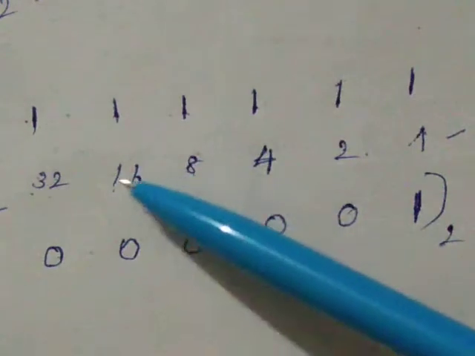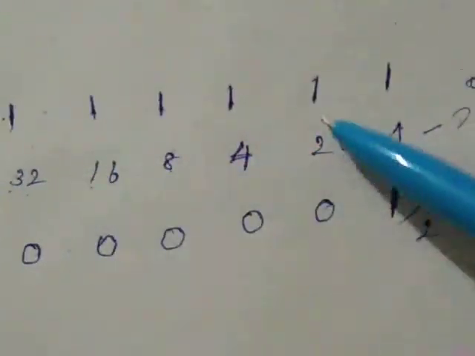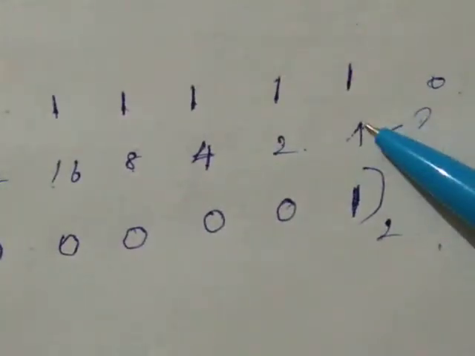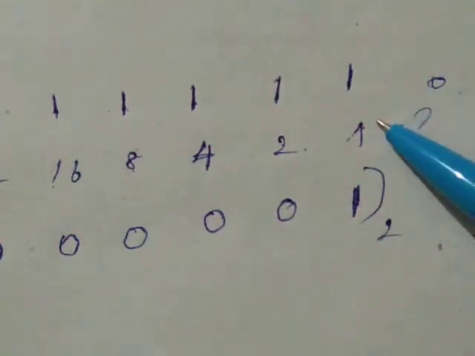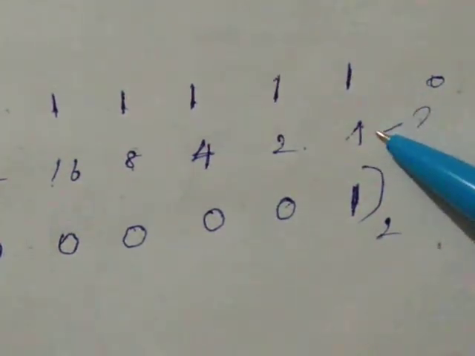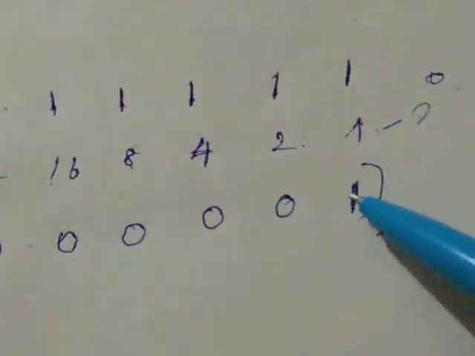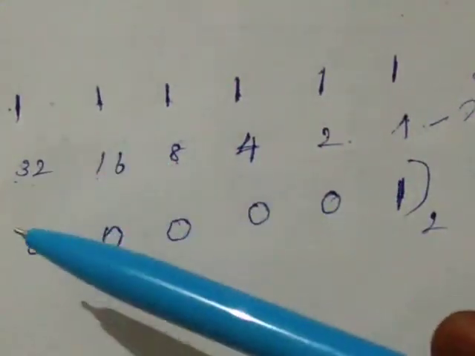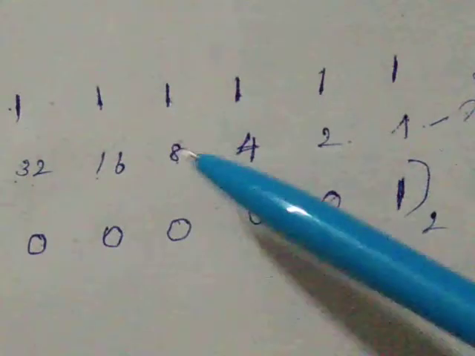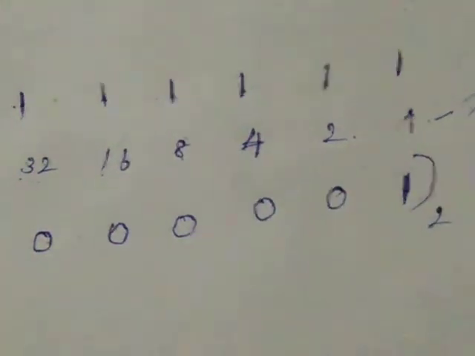Going to the next numbers, we can't subtract these. All these numbers are greater than 1. But the last number 1 we have here, 1 minus 1 is 0. So we can subtract 1 from 1. For that, if we can subtract, we will put 1. If we can't subtract, we will put 0. So it is just a simple method.